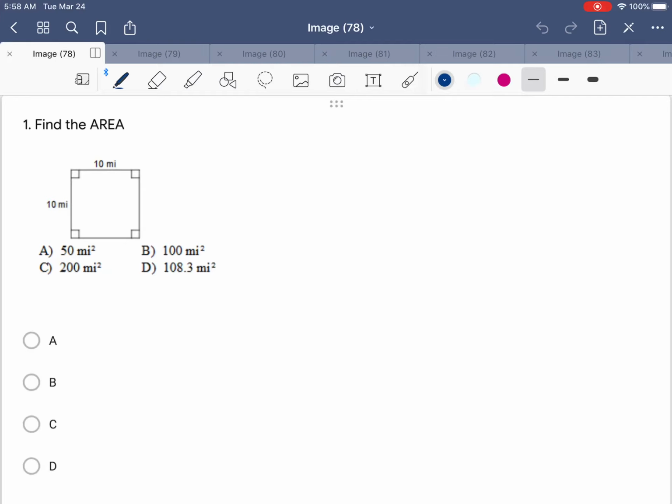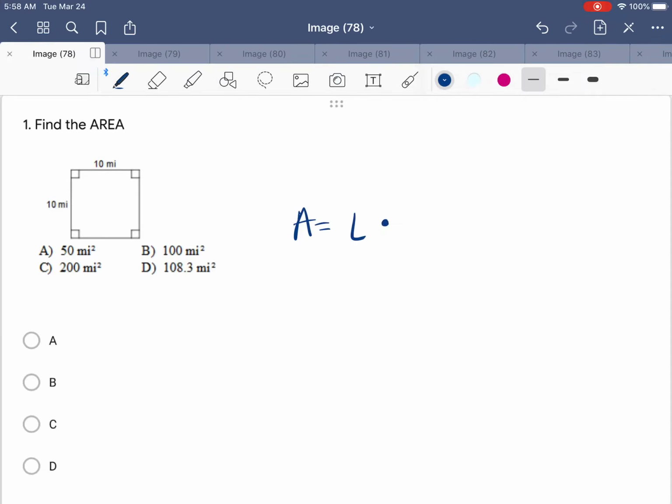Today our lesson is on finding area of squares, rectangles, and parallelograms, which really all basically have the same formula, so it's not too difficult to go through these, but let me just walk you through each of these problems. First of all, let's just talk about the area of a square. You should have learned this before, probably in 4th, 5th, 6th grade. So in 7th grade, it shouldn't be anything new, but area is